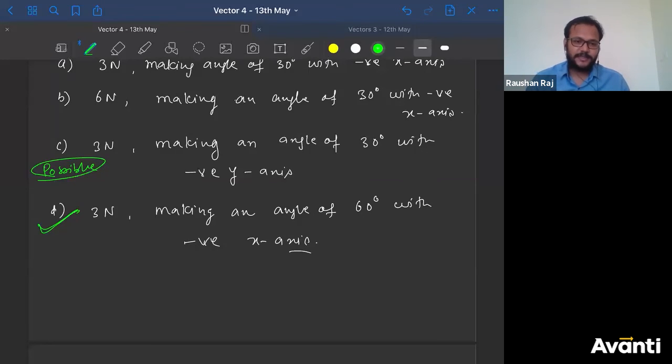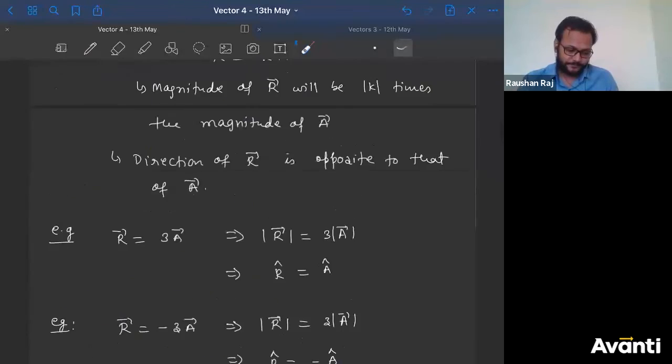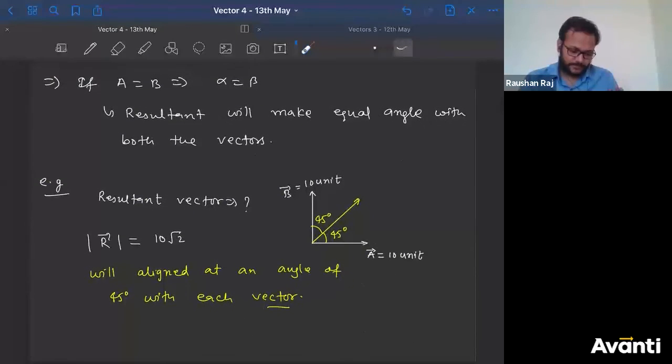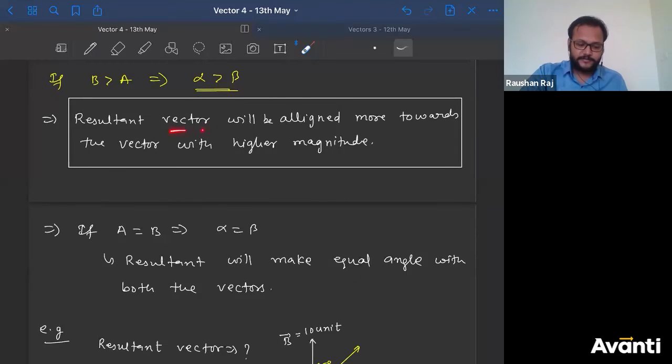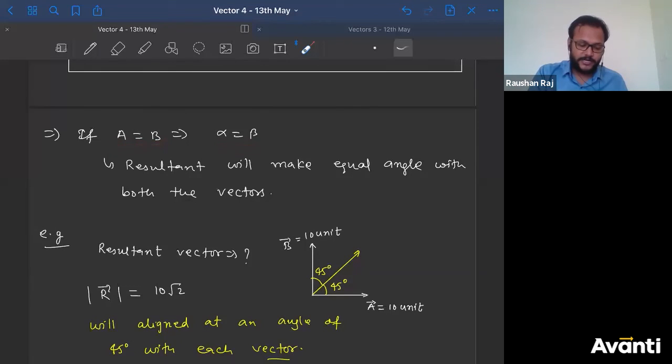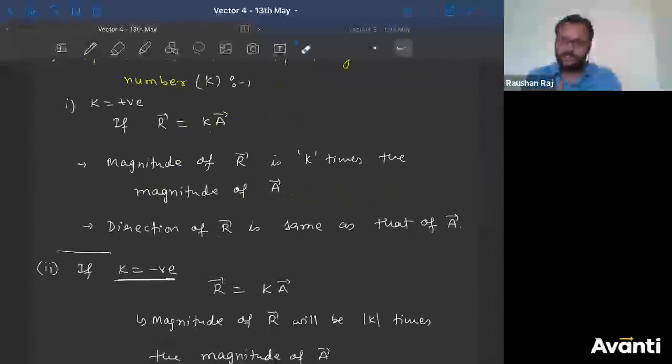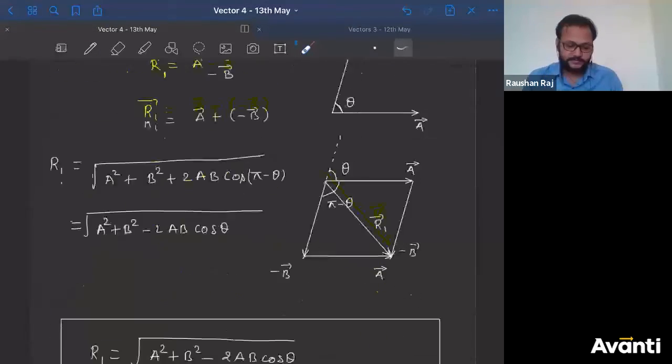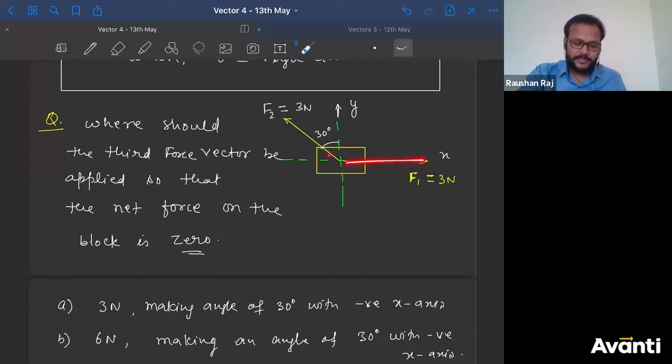किशोर क्या फालतू की बातें कर रहा है? What is the angle bisector of 120 degree? थोड़ा सोचा कर बच्चा, थोड़ा तो सोच. अगर आपको समझ में नहीं आएगा, देख अभी कुछ देर पहले ही किया बात हमने. किधर है देखो? Yeah, see, the resultant vector will be aligned more towards the vector with the higher magnitude. Then I have written if A is equal to B, that means alpha is equal to beta. So the resultant will make equal angle with both vectors, right? So if A and B are both the same, the resultant will be at the angular bisector. A and B, they are the same. What is the angle between them? 120. So where should the vector be? Half में रहना चाहिए. तो यहाँ 60, यहाँ 60, तभी तो होगा ना? ठीक है? चलो किशोर, no problem.